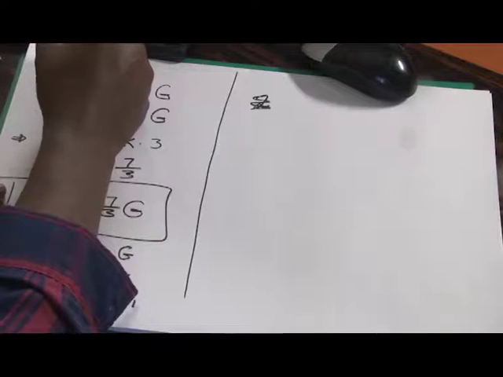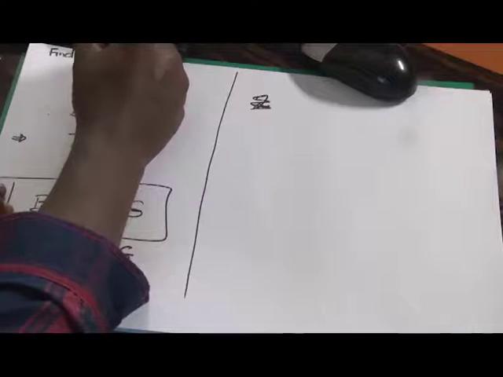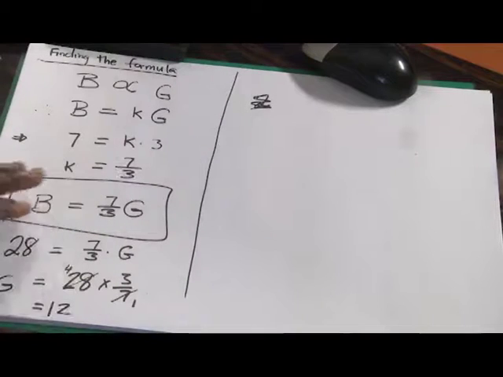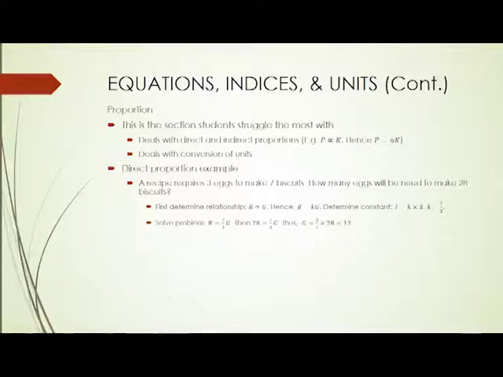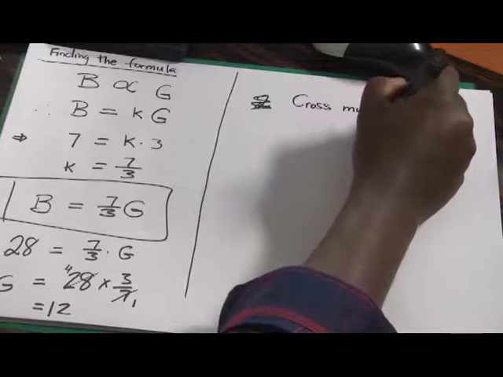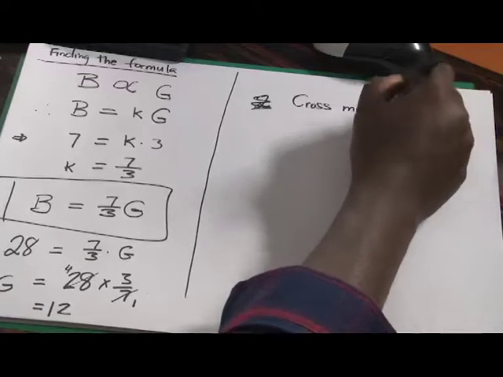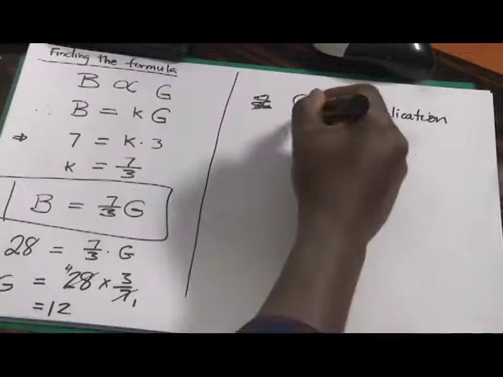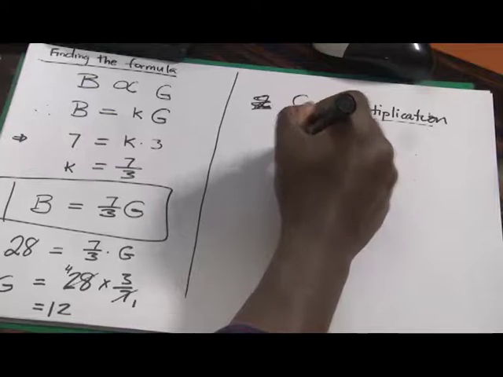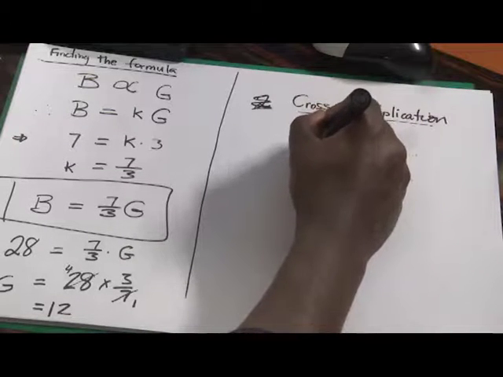Finding the formula. If you have the formula, then you can plug into the formula in order to solve it. Direct proportion. Let's look at cross multiplication. We can use another method, cross multiplication. Since we are dealing with direct proportion, for 3, I don't know, X,